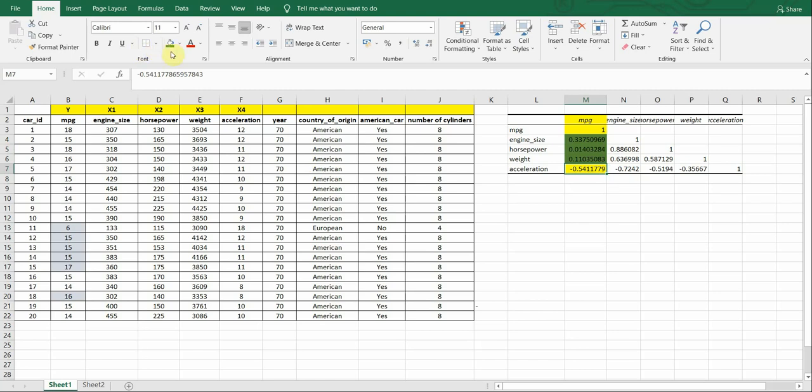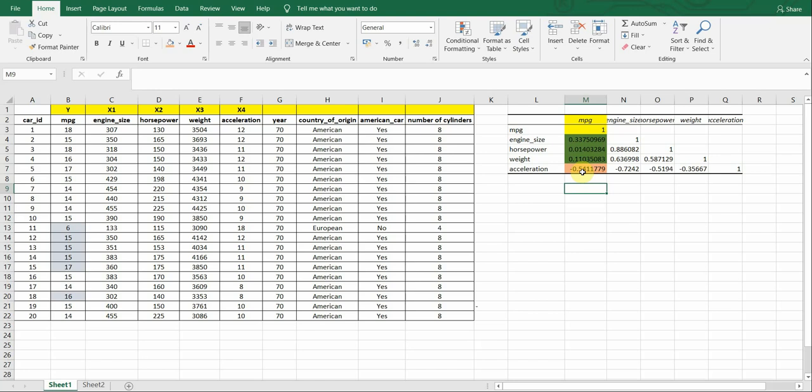When you see acceleration, now acceleration is negative 0.5411779, which means to say it has a negative correlation with MPG. So now again, greater than negative 0.5, we say it is a weak correlation.